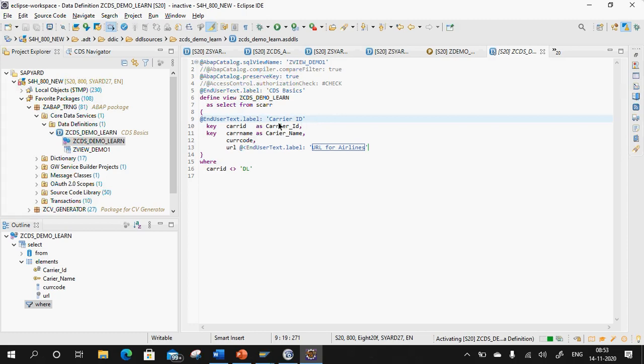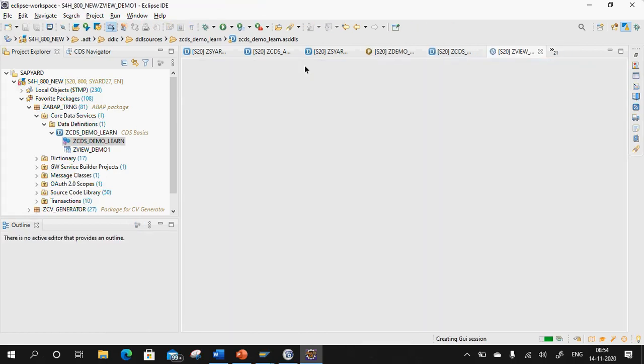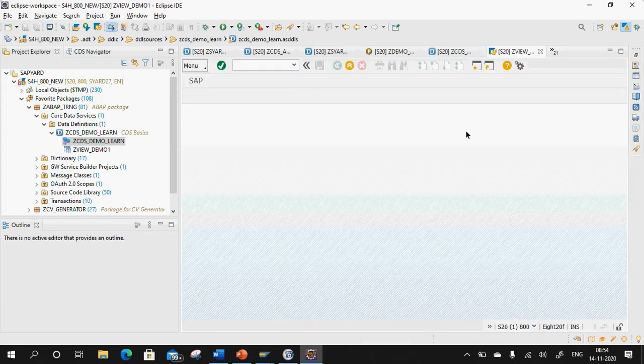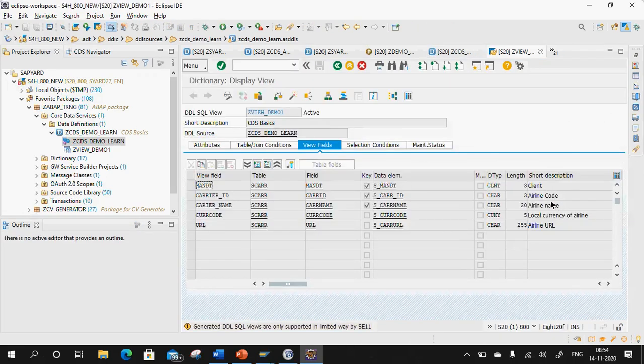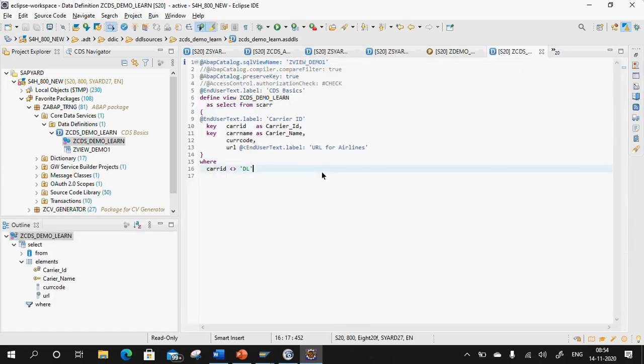These element level annotations won't have any impact on your data preview or even on your SQL view. I'll just show you the same. If I now navigate to your SQL view name from here, see, even still it will check. The description will come from your DDIC objects only, airline code, airline name and all. It will not come from your semantics.